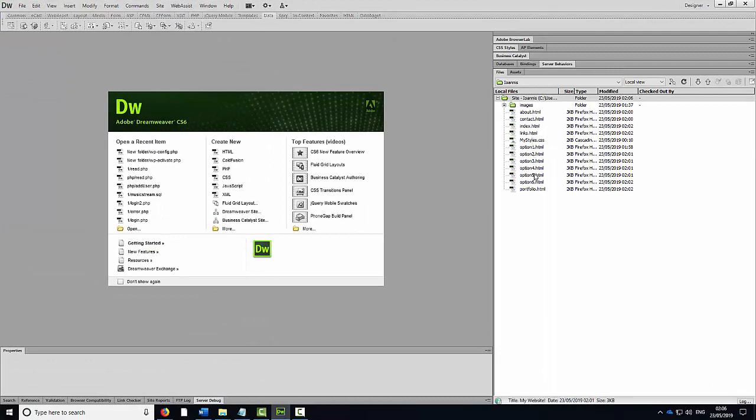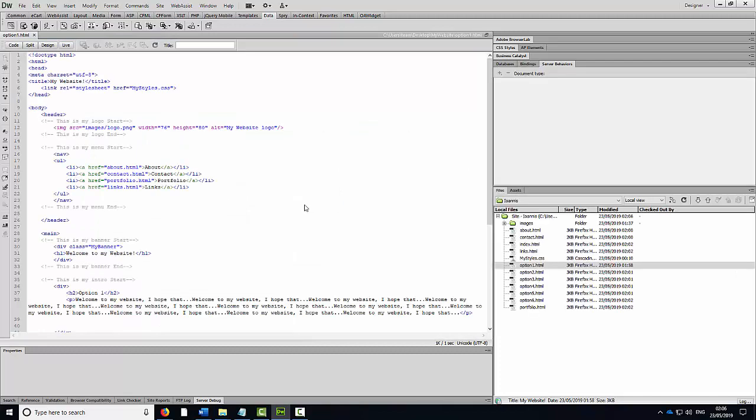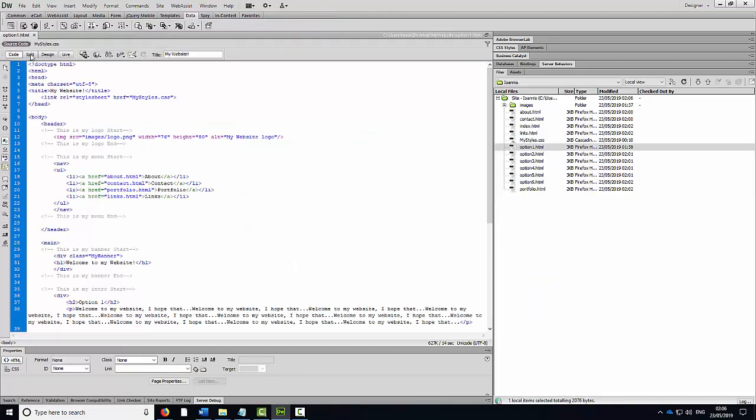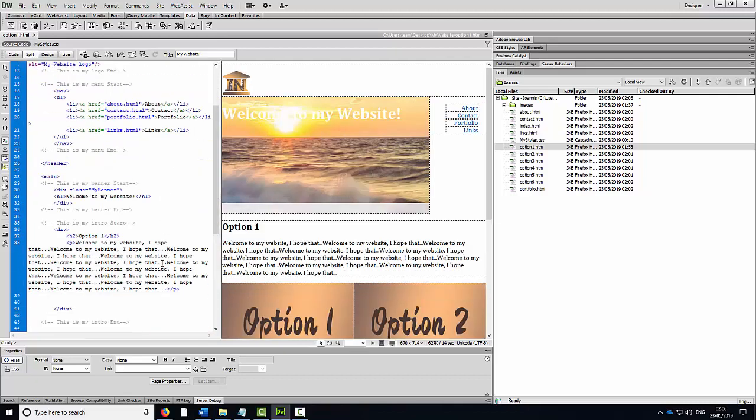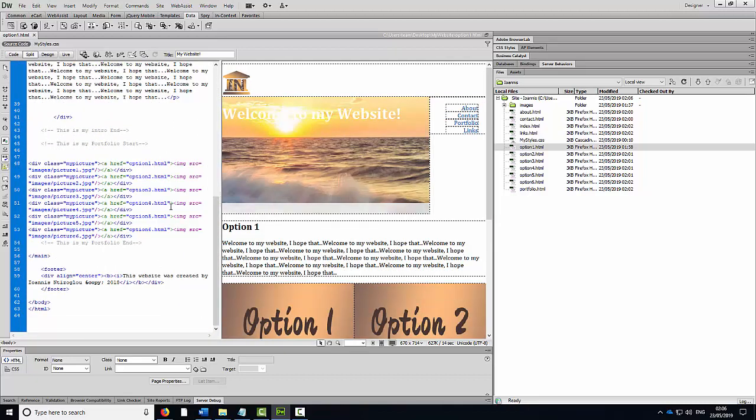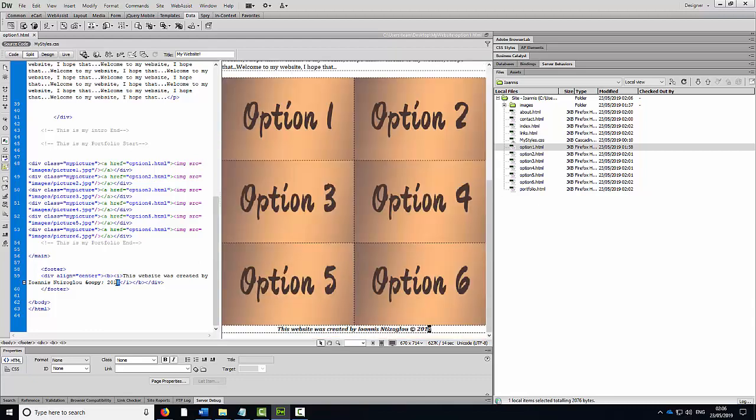Now, all the web pages are here. I'm just going to open one of the web pages, and I'm going to click on the split view so I can see both the design view and the split view. Now, if I would like to change, say for instance, the footer. The footer for every single page says 2018. If I would like to change this to 2019, what I will need to do is I'm just going